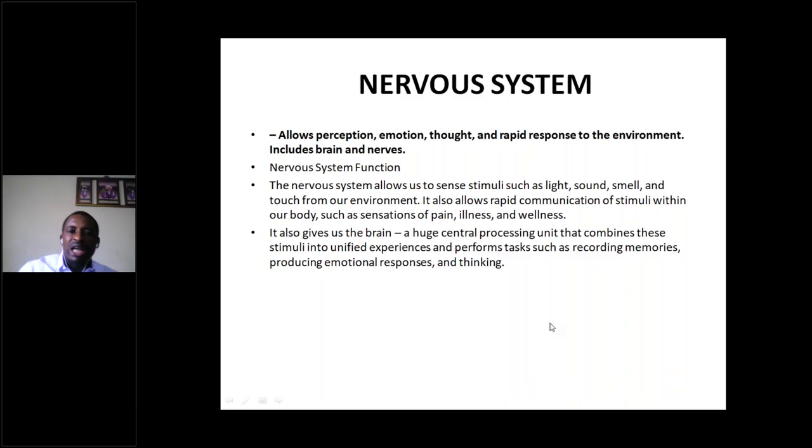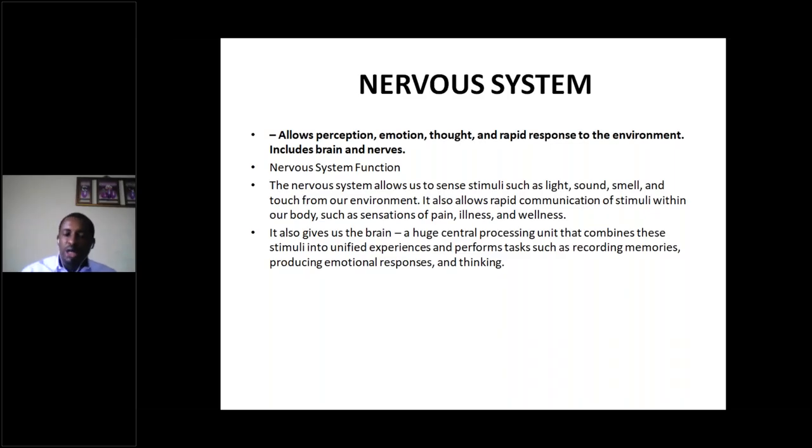Okay. So the nervous system will allow us to sense a stimulus such as light. If they take light now, it's the nervous system that will tell us that there is more or less light. It will communicate, then you take an action. So it helps to sense a stimulus such as light, sound, smell, touch from our environment. And when it senses it, it will communicate the stimulus within our body system. Such as, let's say, when somebody pricks you, it will communicate that this thing is painful. Or when your hand touches a hot surface, the nervous system will communicate, this is painful, remove it,